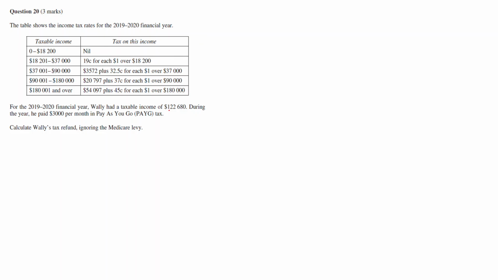Based on this taxable income, we first need to calculate what is the total tax before even coming to the refund. So 122,000 of income falls in this tax bracket, right? Between 90,000 and 180,000. And it's telling you how to work out the tax for this income. So it's saying that you need to add 20,797 straight away, and then 0.37 on every dollar that's above 90,000. So first take out 20,797